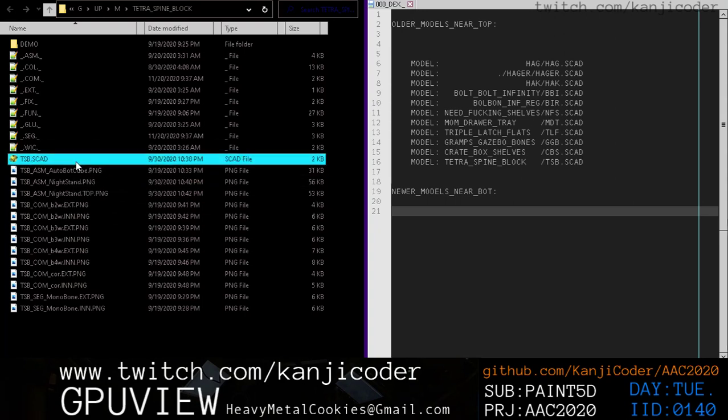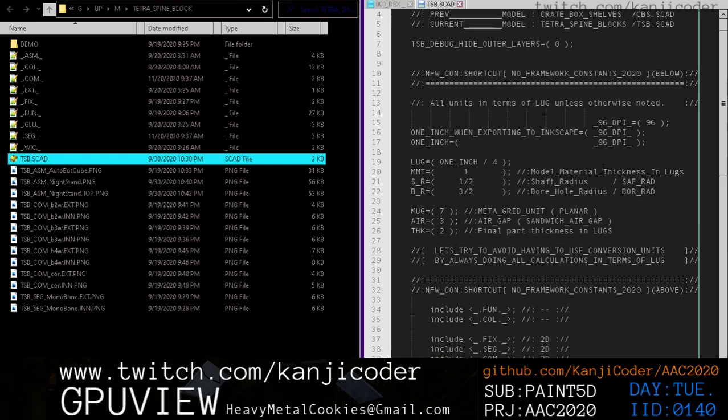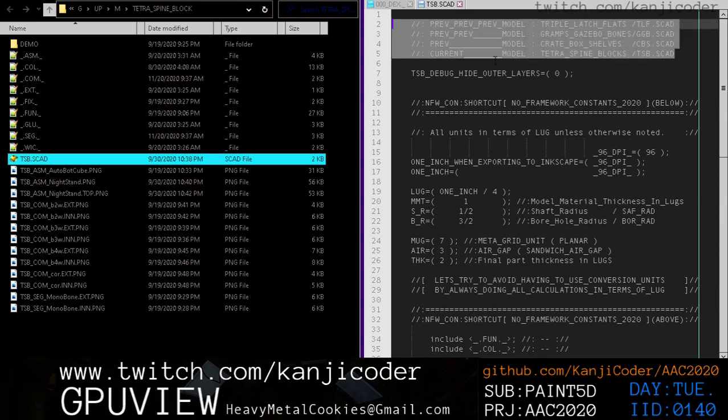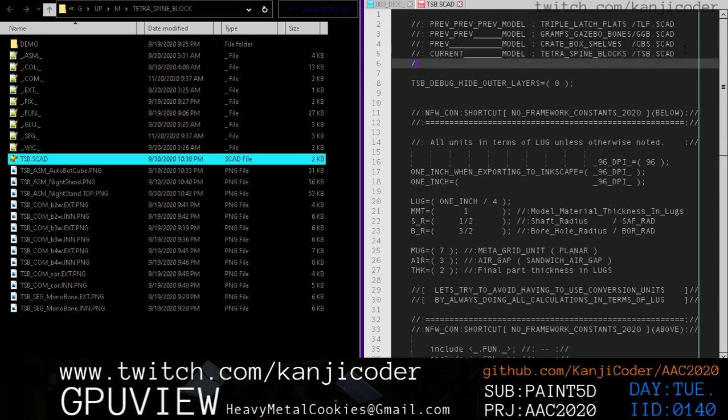If we open this with Notepad++, we notice that as we made more and more models, we got very consistent with always keeping an index of the previous models, the current model, and the next model. So I'm going to say that this is actually up to date and correct. And I'm going to make a little linked list here and say the next model is going to be